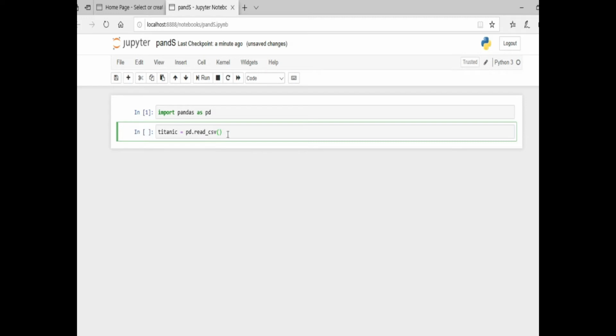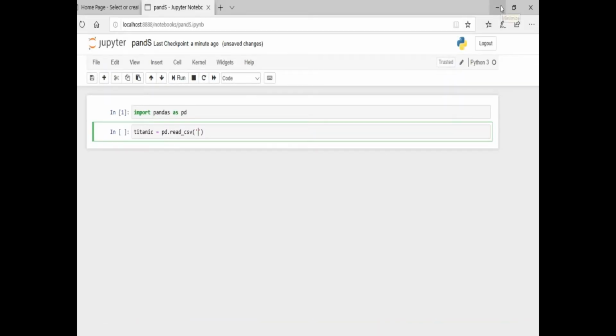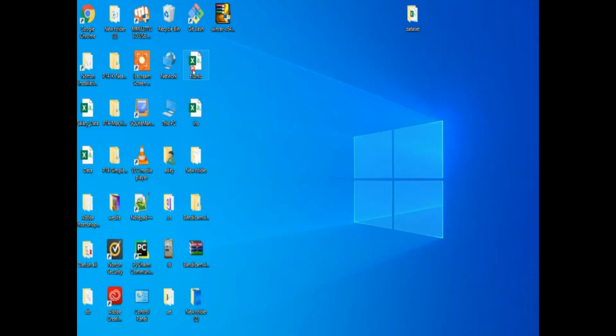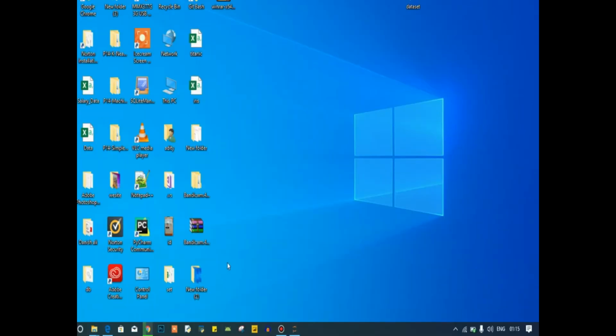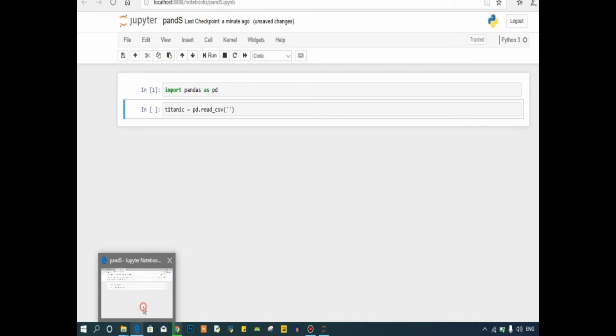And as I told you in the previous video, we are going to copy the path of our CSV file. So I will go to my Titanic dataset. I will just right click on it, go to Properties, and copy this location. This is the location of your file. Just copy it, go to your environment and paste it here.